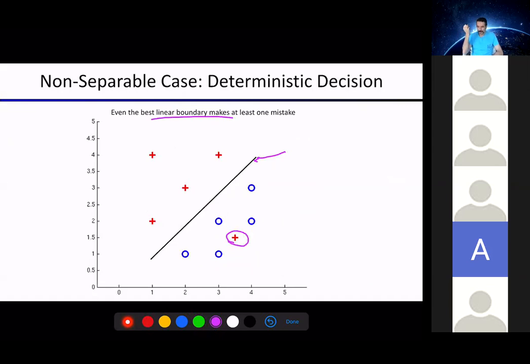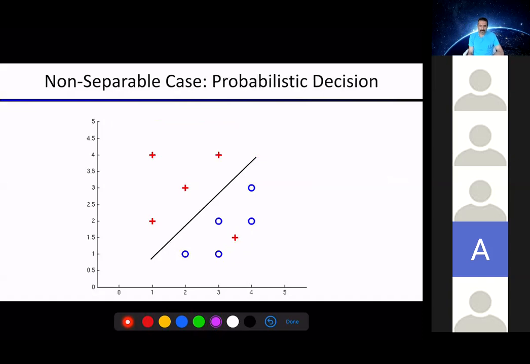Can we somehow make sense of this with probabilities? And yes, you can